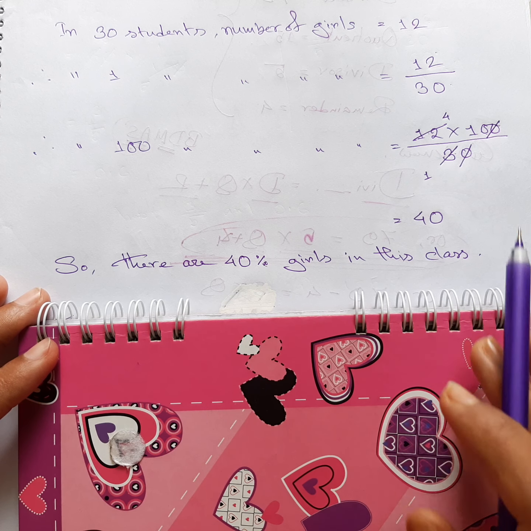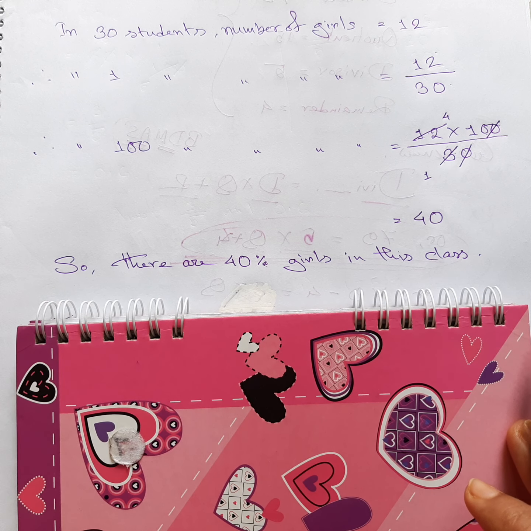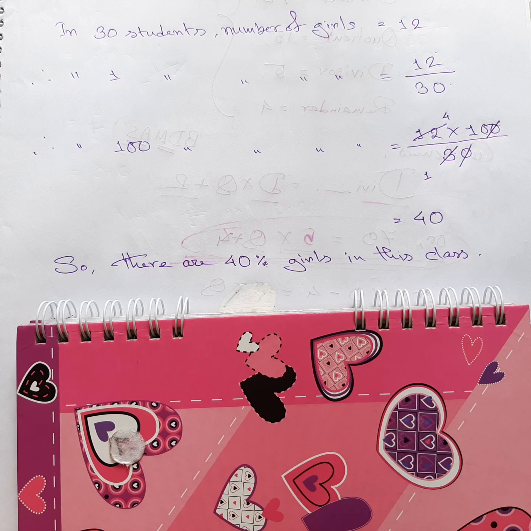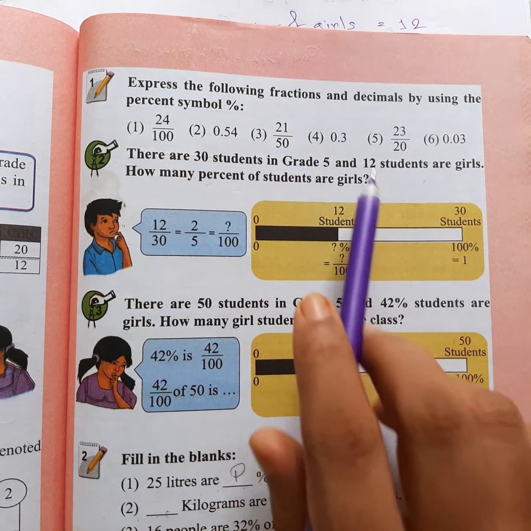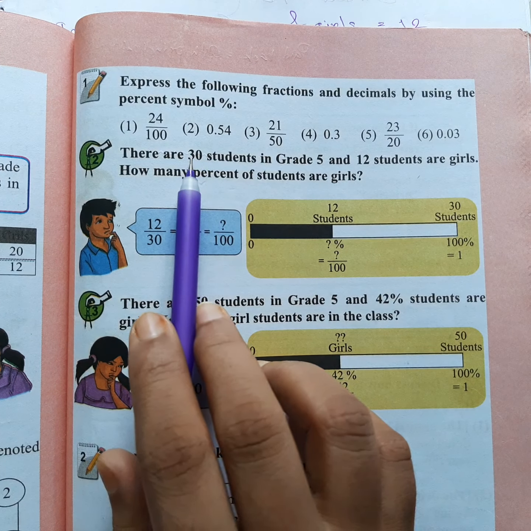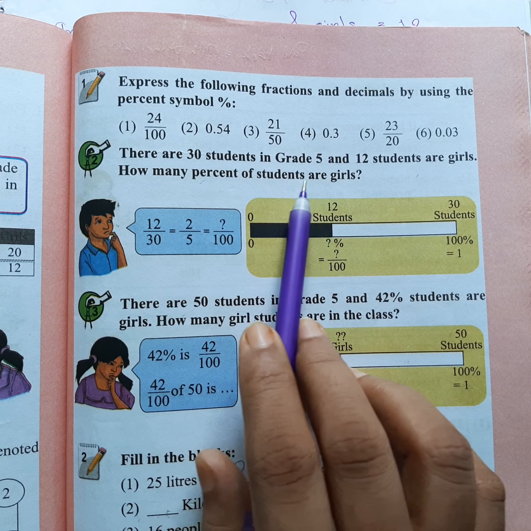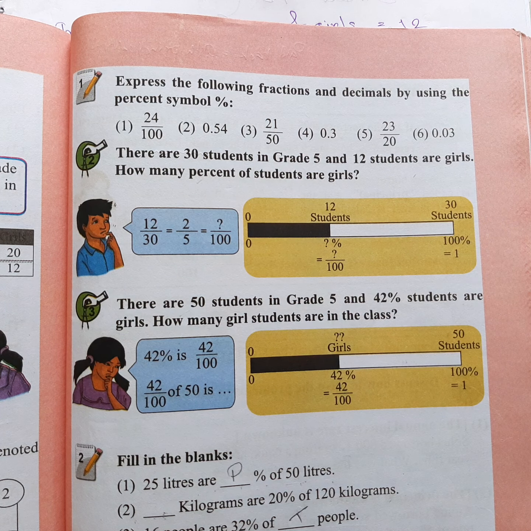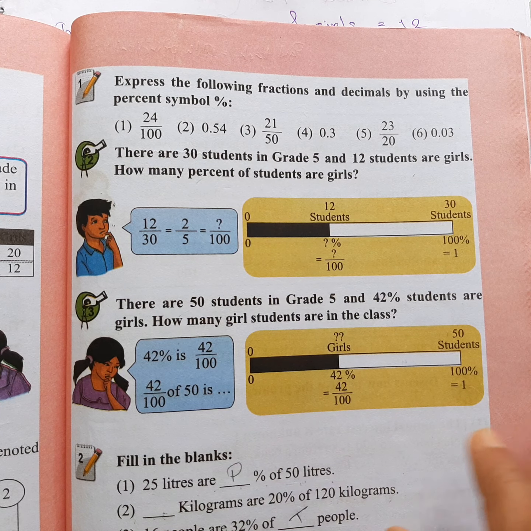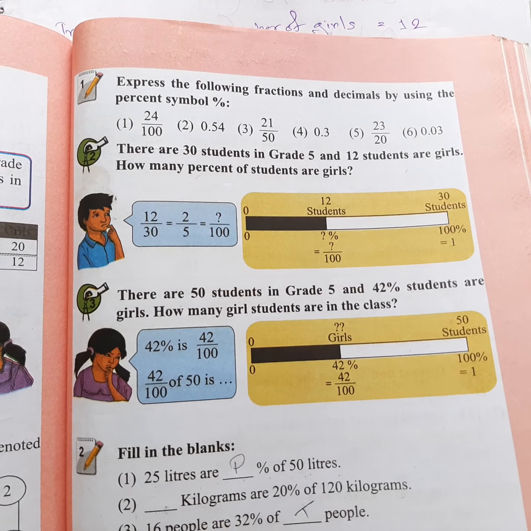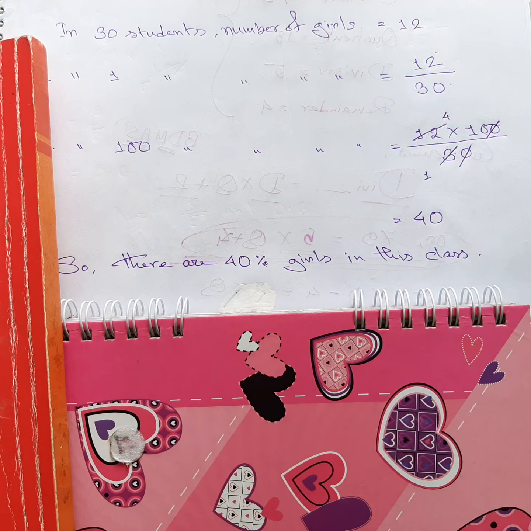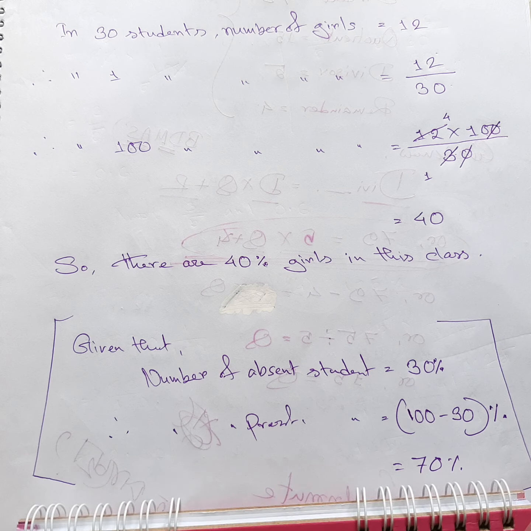Now another thing I want to tell you, the question was actually about what percentage are girls. They gave you the number of girls over here, 12 girls. If they gave you the same sum but asked what is the percent of boy students, at that time you can do two things. I'm going to show you only one thing over here. You can do this last part.